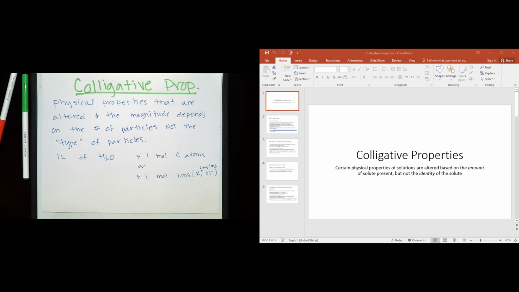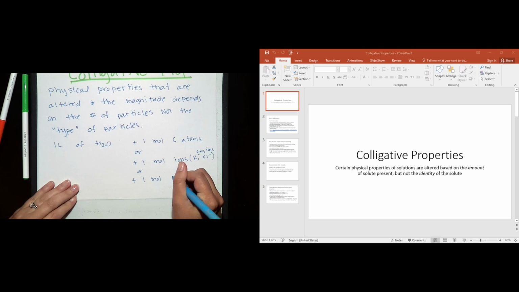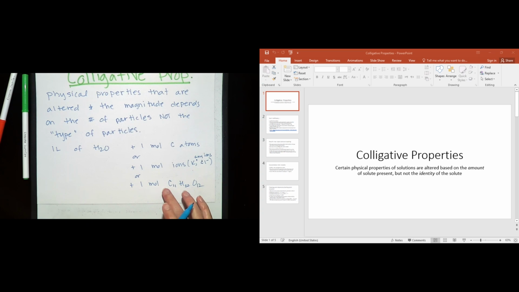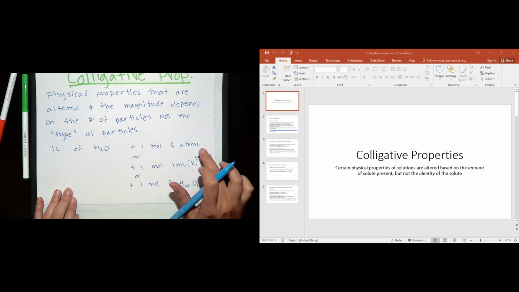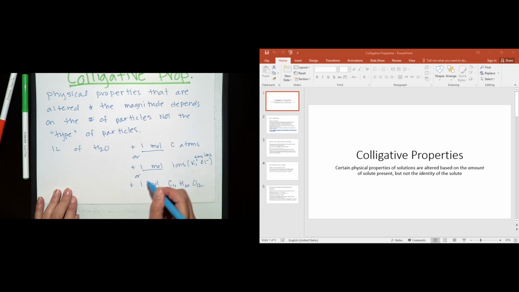So a mole of any ions, or if you added 1 mole of, I think it's C12H22O11, I think that's table sugar. I had a typo today. Whether it's a molecule, ions, charged particles, or neutral atoms, if the amount is the same,